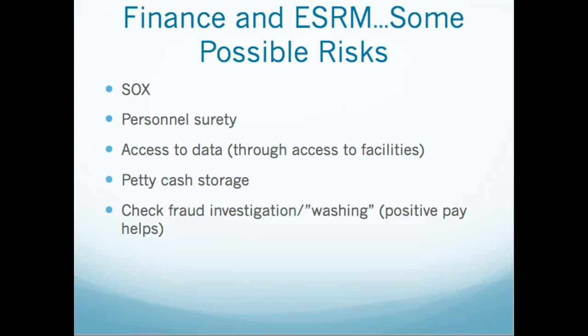ESRM talks about risks, right? Finance has a risk that somebody may not do the books correctly, might not keep the right records, or if they do, they might falsify them, right? That is a concern. You've heard the term two sets of books. Someone keeps one set of books for what they actually did and one for what the law says they're allowed to do, so they can keep it straight.